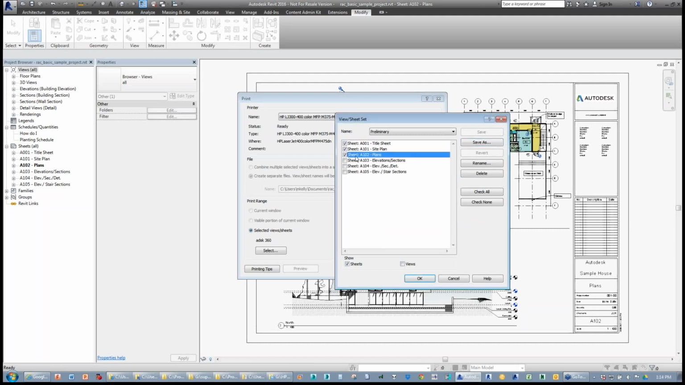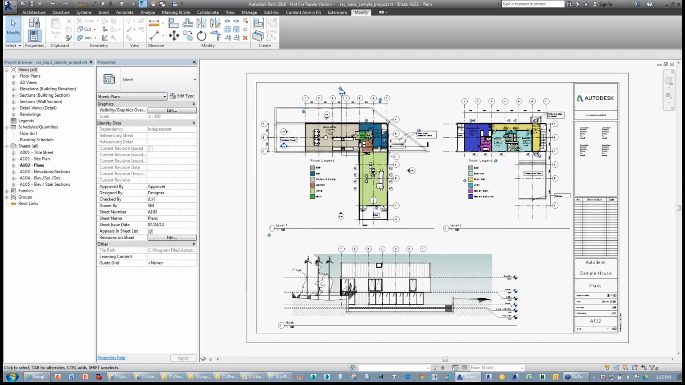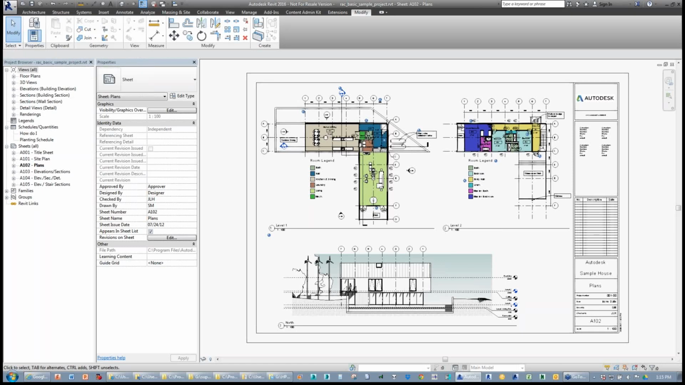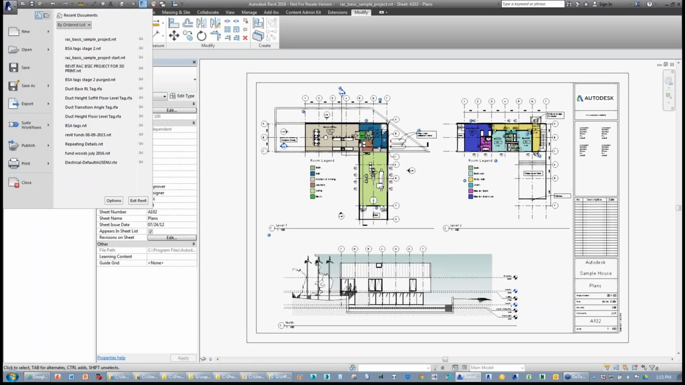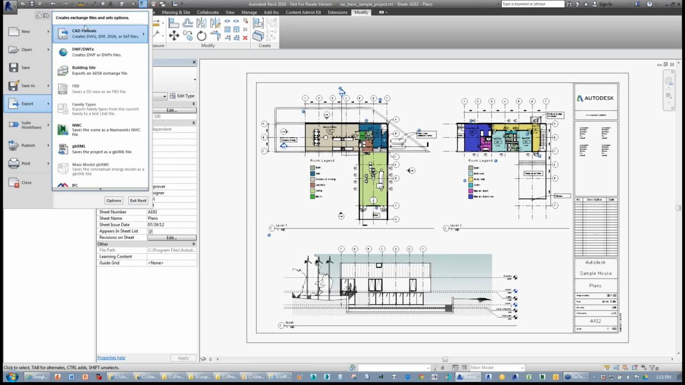So what I've done is effectively taken these sheets and I've set them together as a sheet set. That's all good, and that means that when I go to print, I can grab that sheet set and very quickly isolate those as the particular sheets or views that I want to print. But something that's perhaps not immediately apparent is that that same set of drawings can also be used if I